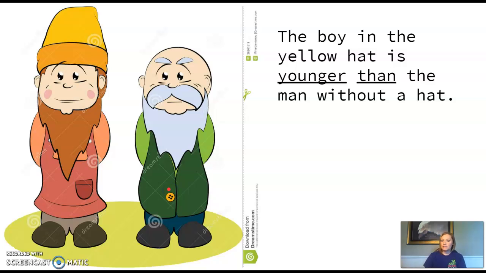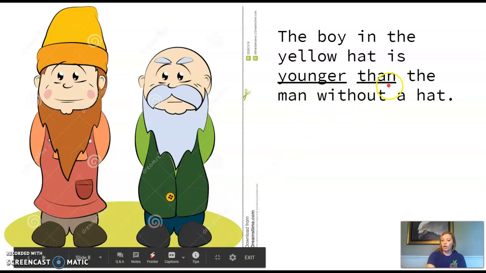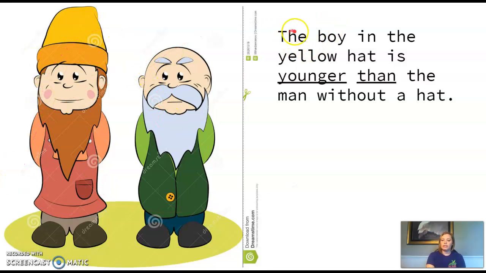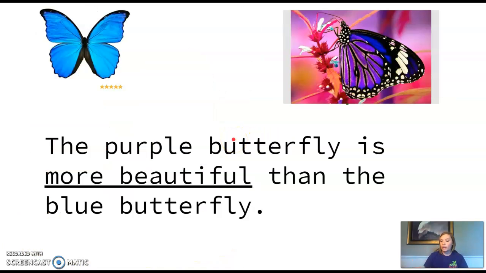The next one, we're using the word younger. Younger, comparing the two men with each other. Let's read. The boy in the yellow hat is younger than the man without a hat. Good job. Now, when we are talking about two objects, remember, and it has more than one syllable, like beautiful,